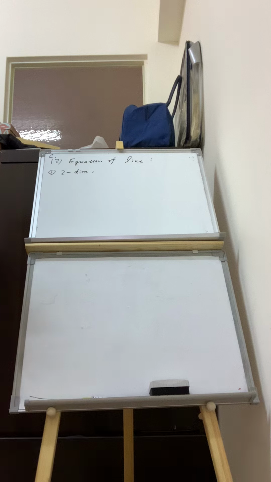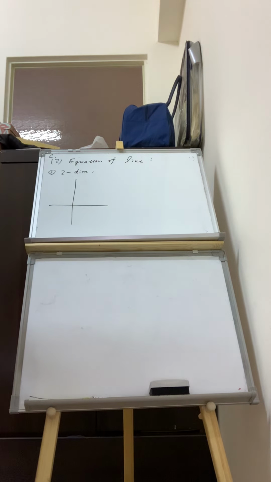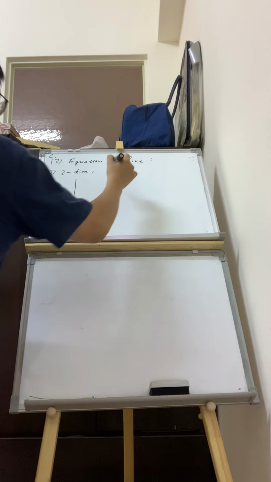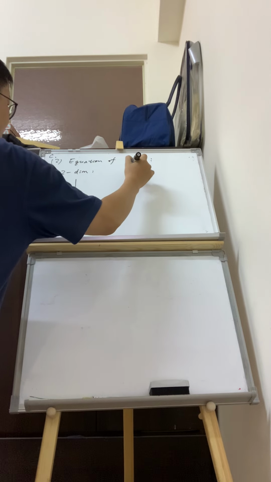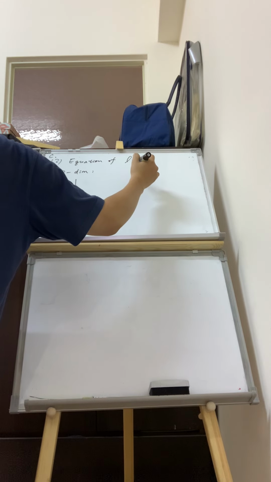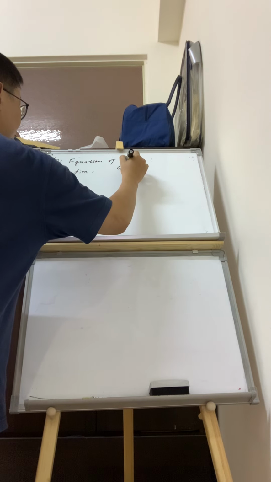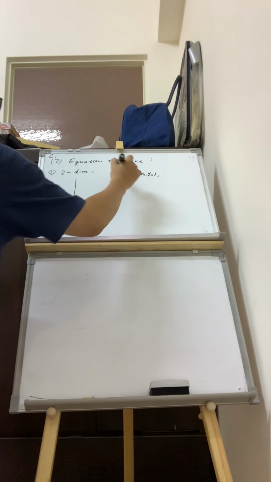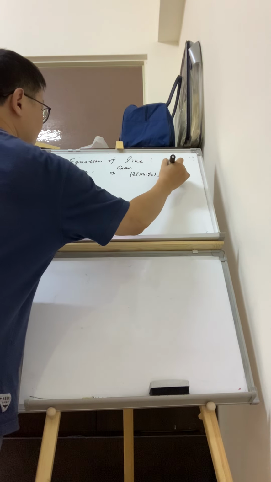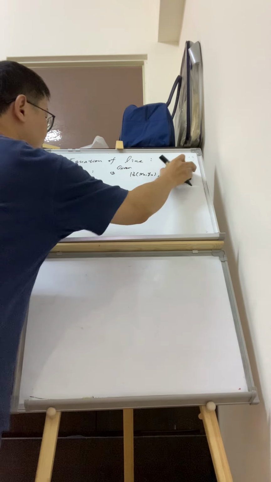How do we get a line equation in the xy plane? We know that if I give you the point P0, x0, y0, and the slope of the line,